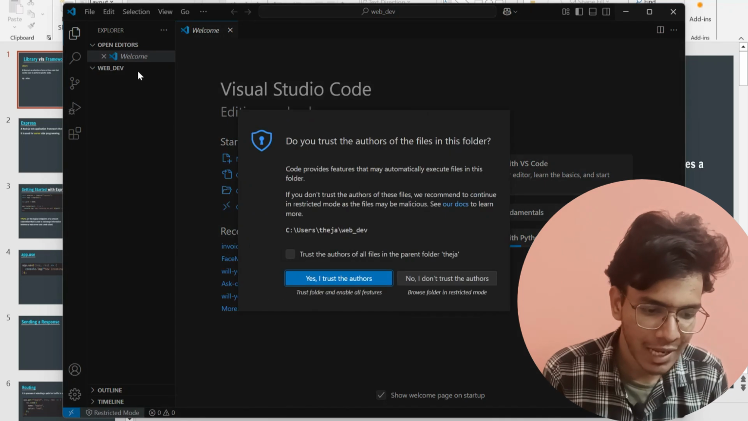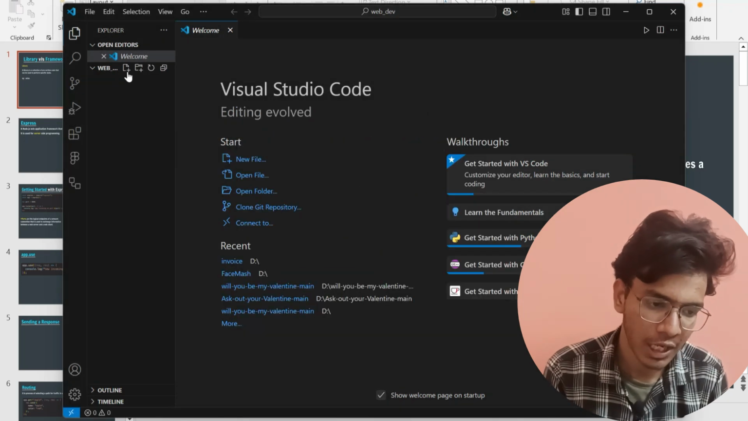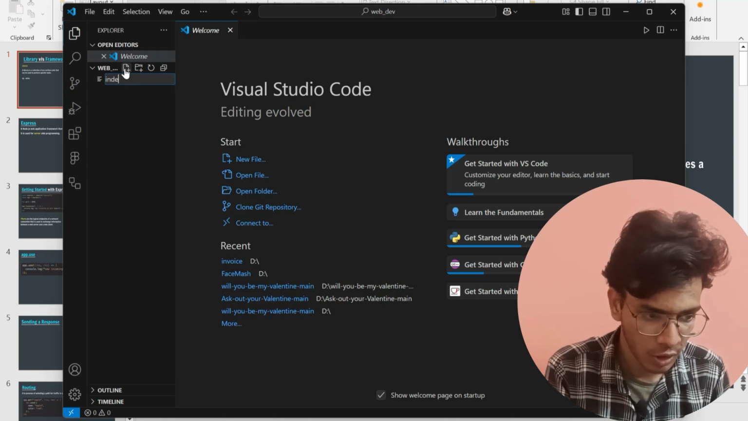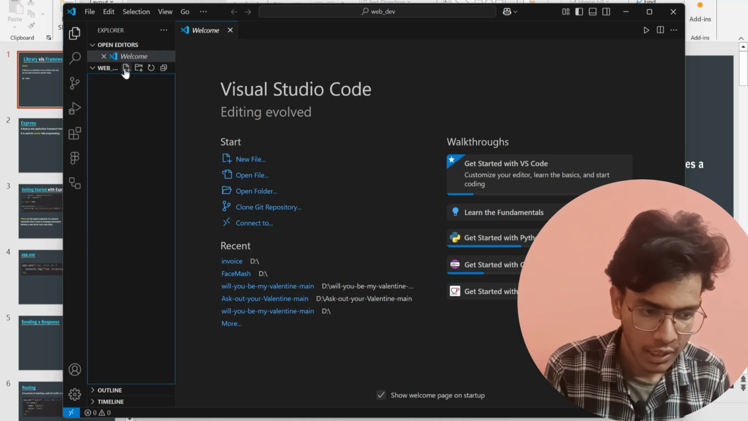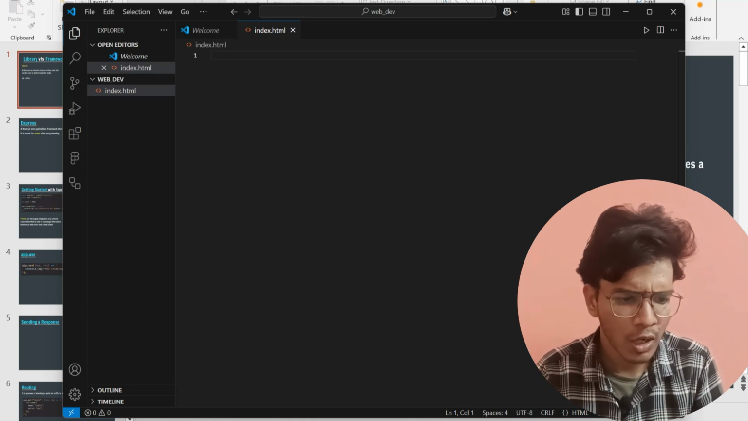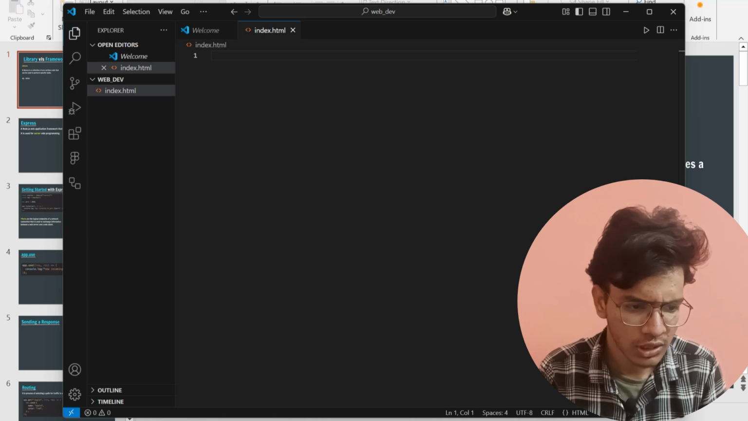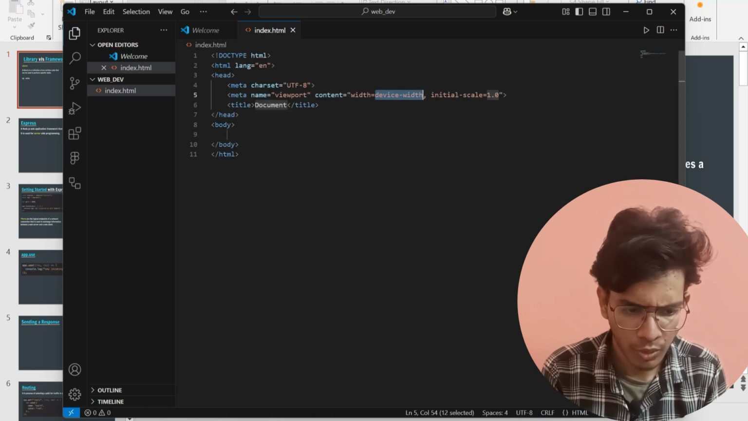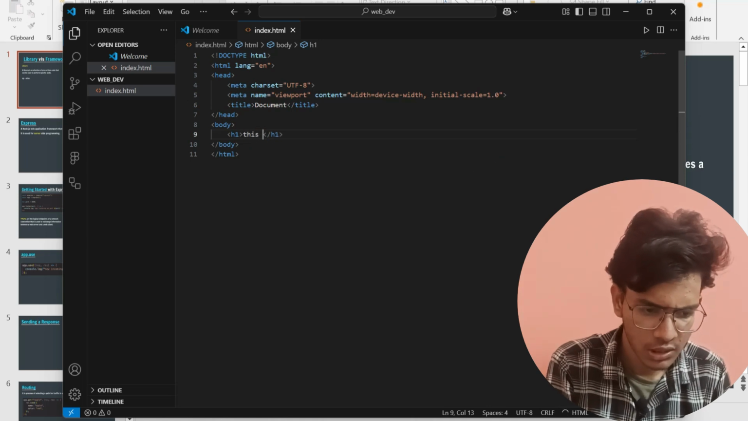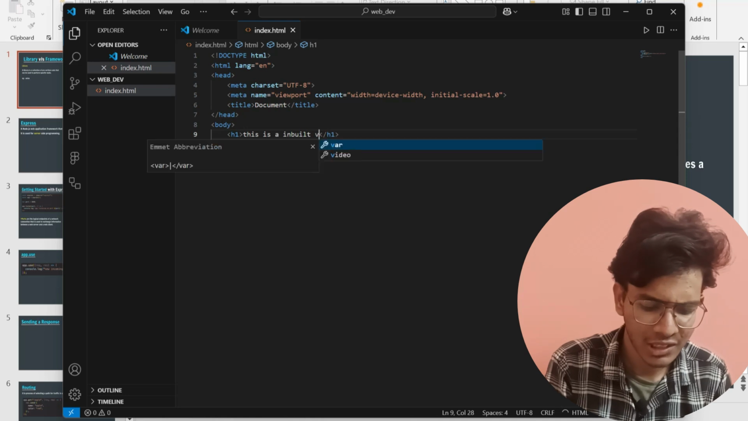In this folder I will create an HTML file, let's say an index.html file. Now in this file I will write something. I'm just showing you how a server works. Now in this code I will import my boilerplate code, and here I will write: this is inbuilt VS Code